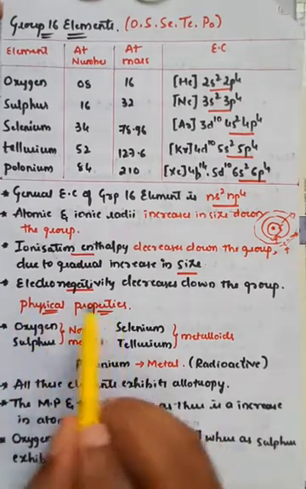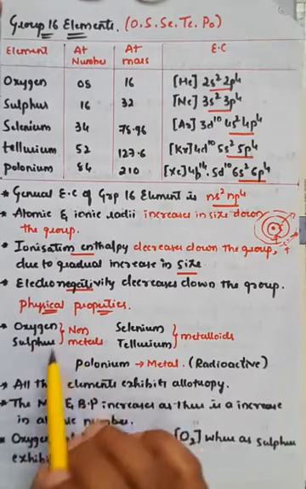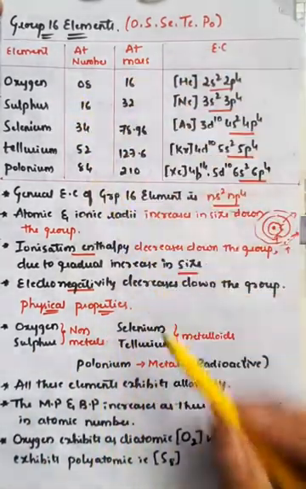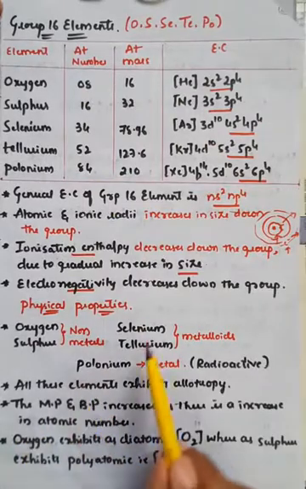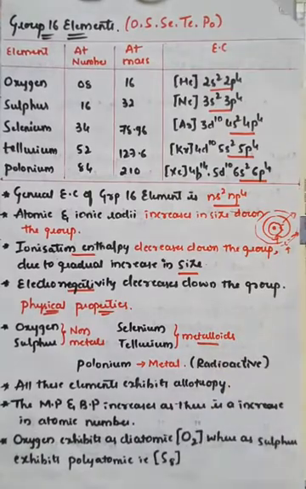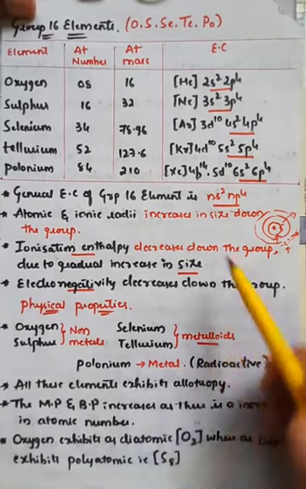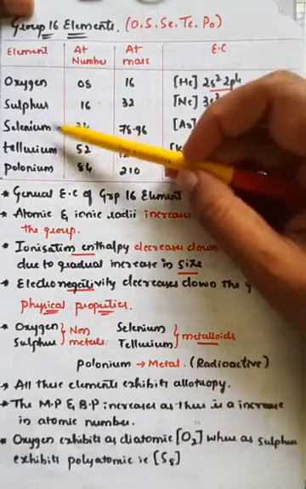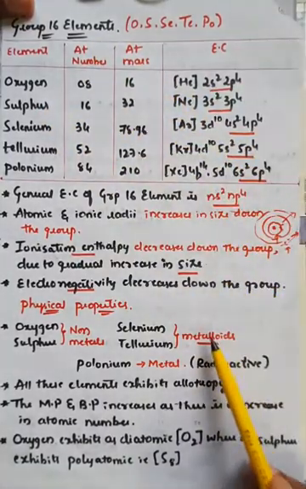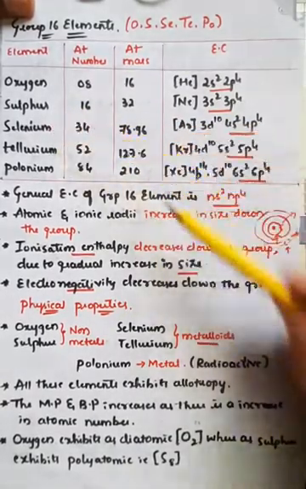And in case of physical properties, whenever you consider 16th group elements, oxygen and sulfur are non-metals, right? So the first two elements of the 16th group, that is oxygen and sulfur, are non-metals. Selenium and tellurium are metalloids. Generally, metalloids are chemical substances which have properties in between metals and non-metals, which sometimes behave like a metal and sometimes like a non-metal. So the third and fourth elements in group 16 are generally metalloids. First two are non-metals, the middle two are metalloids, and